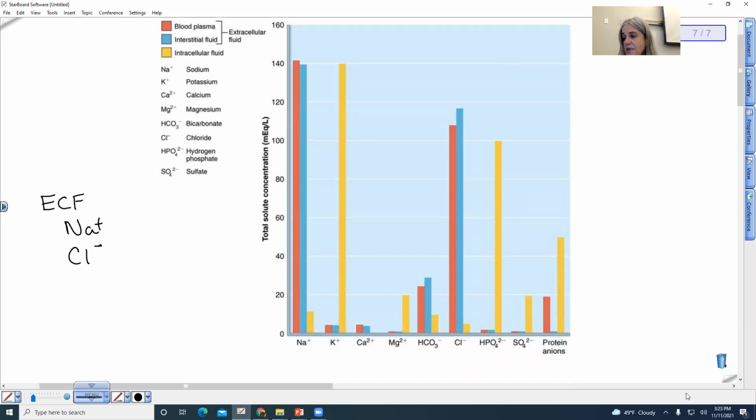We also have proteins that stay in the blood, and we talked about that. That would be like albumin, which stays in the blood and has a negative charge, which keeps the osmotic concentration of your blood high so that water can be sucked back into the capillaries. So that's my ECF. Then I can compare that to my IF, which has much higher potassium levels,